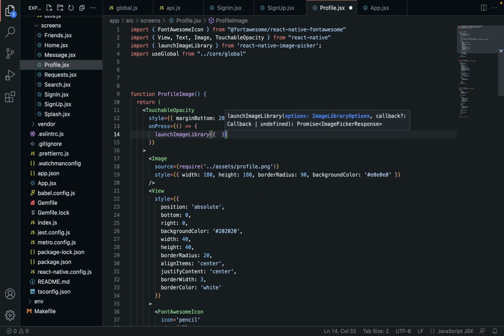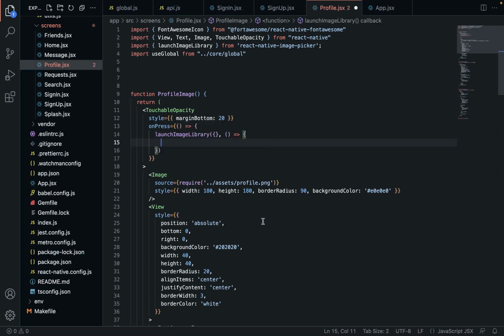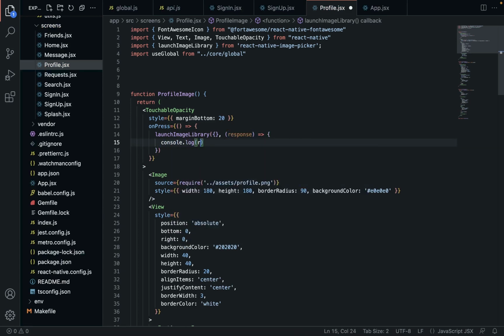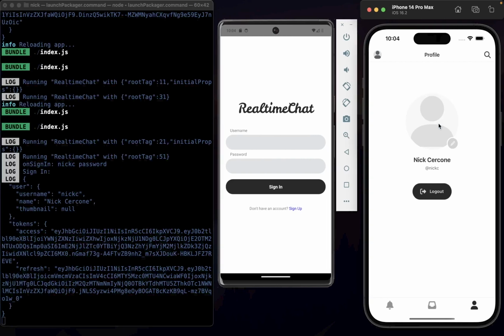Actually, we'll get to that in a moment. That's for another time. We'll just pass it an empty object for now, and then our response function that we expect to get. So response, we're just going to print out what we get from that. And this is going to be easy peasy. Good for now. So we'll save that, and then when we click